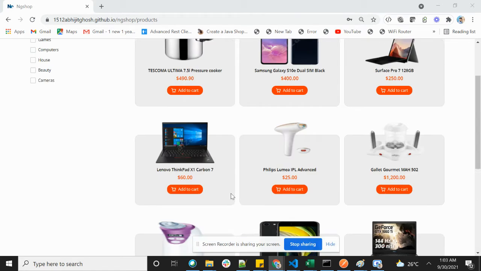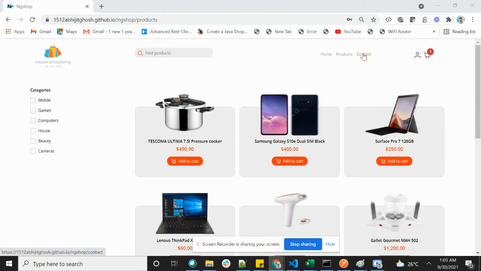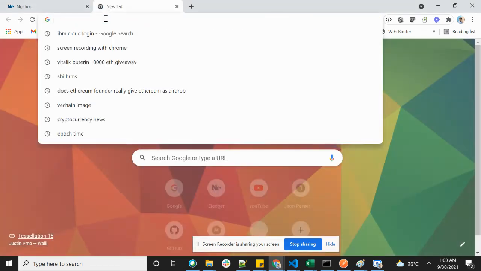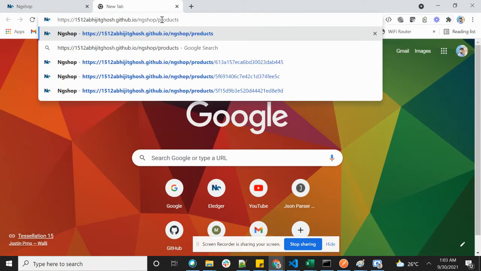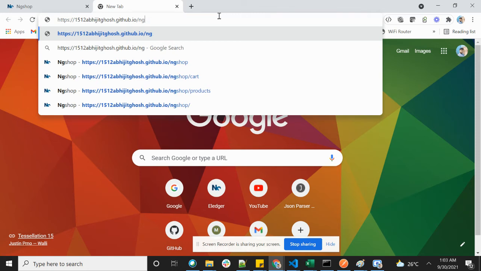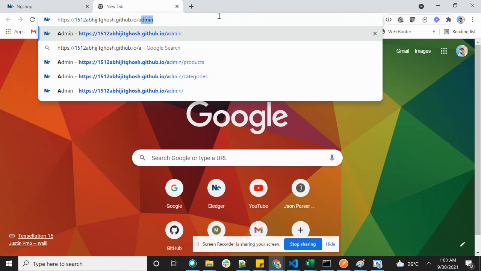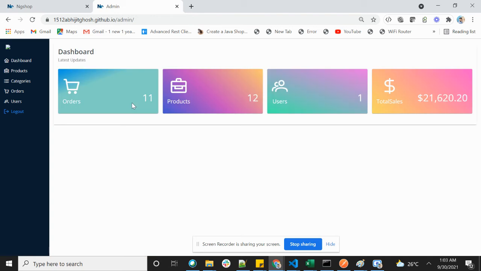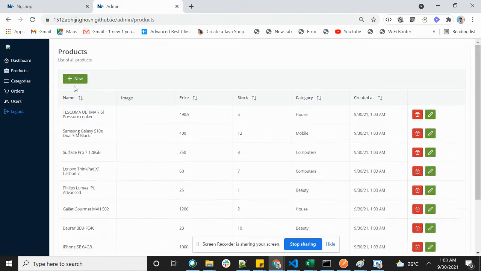So another important thing is admin. Okay, in the admin section, this is where you can manage your product details.